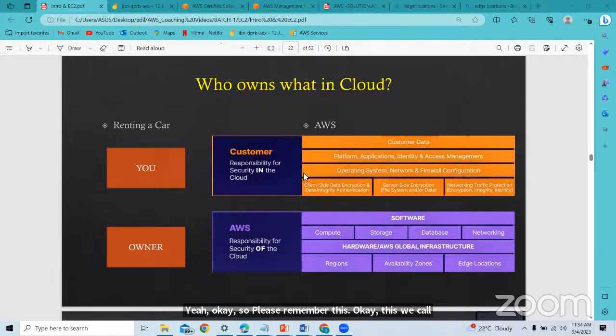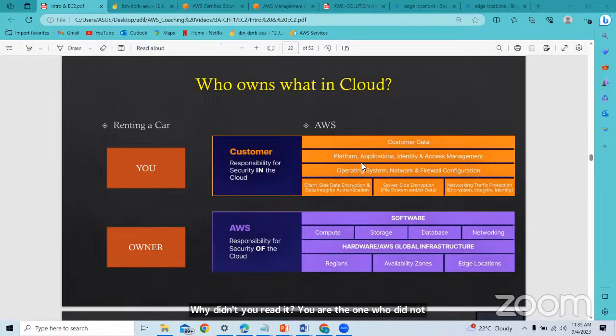Few classes they'll miss it, they'll think they will not ask this in the exam. So why am I explaining this? Because you should know in the background what responsibility is shared. If anything goes down, let's say you have not installed your application properly, you cannot go and raise a complaint to AWS. They will come back to you saying it's not our responsibility. Why didn't you read it? You are the one who did not install the application properly, right?